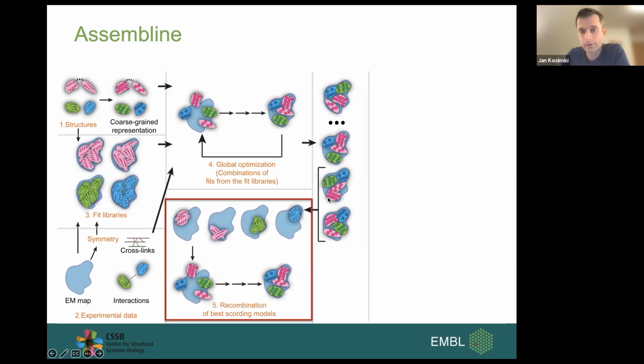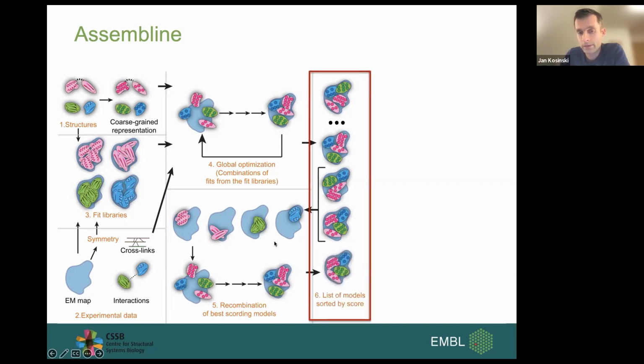So in this step, we take the top models, we retrieve the original fits that were used to construct these models and construct kind of secondary fit libraries, and then repeat the combinations again. And in the output, often this step provides models that are better scoring than the models that we had before. So kind of reinforcing this entire procedure.